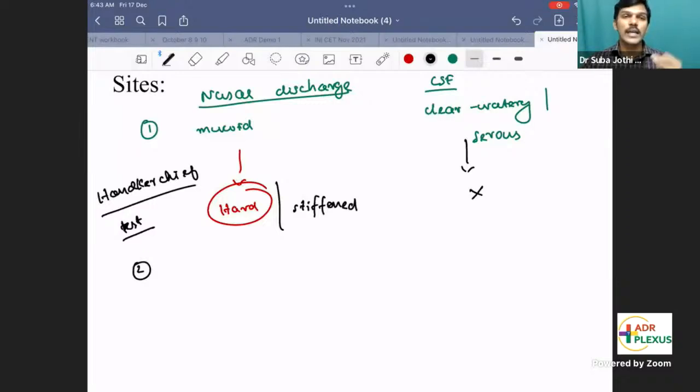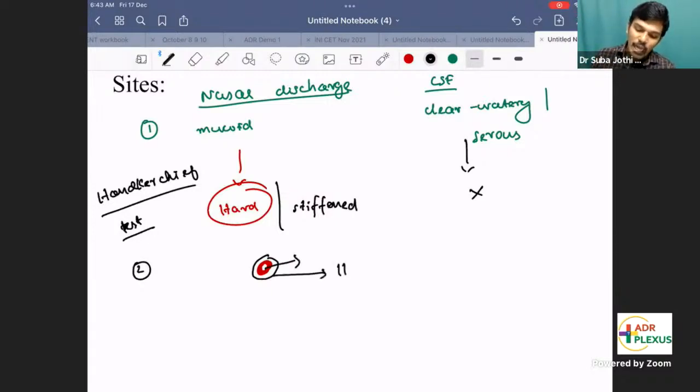The second thing I noted is that the handkerchief, which is very white in color, turned out to have two spots, one spot suggestive of blood. Because it is a traumatic CSF rhinorrhea, it will have a blood clot in the center